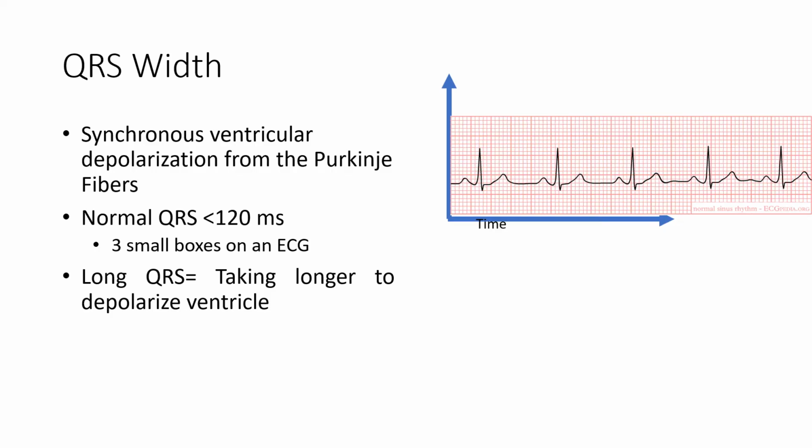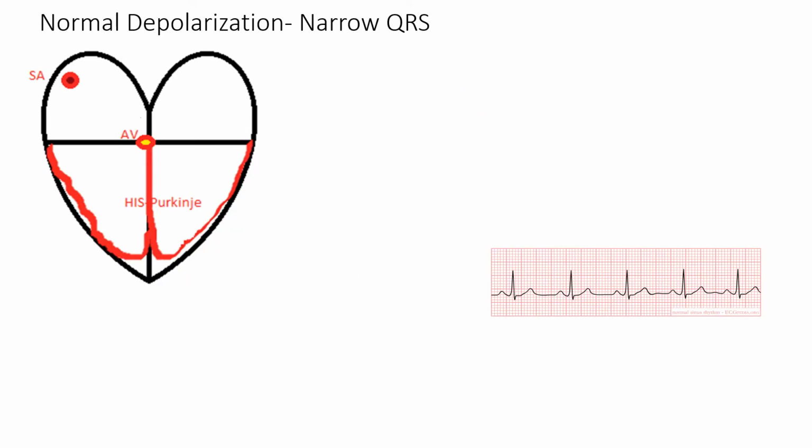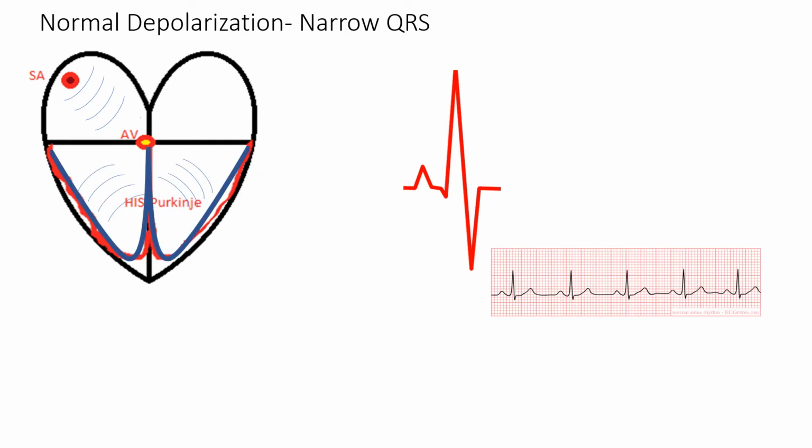less than 120 milliseconds. A long QRS, greater than 120 milliseconds, means it is taking longer to depolarize the ventricles. There can be a lot of reasons why that would occur. Remember, normal depolarization is sinoatrial node to AV to my His-Purkinje system. If I happen to have depolarization occurring elsewhere, it can lead to problems with using the His-Purkinje system to get